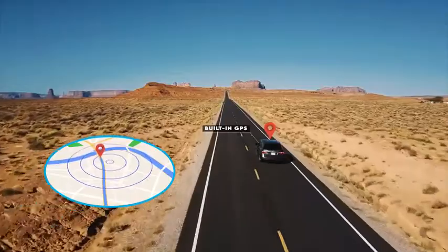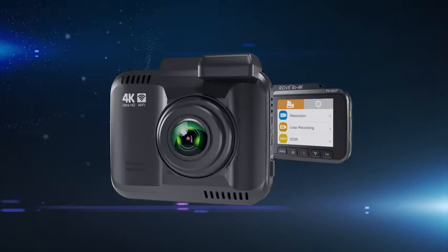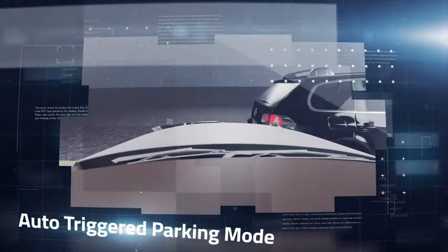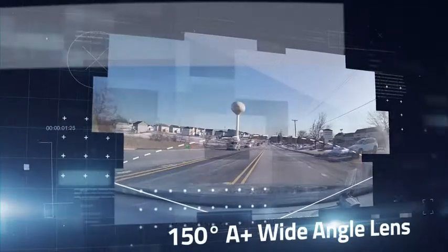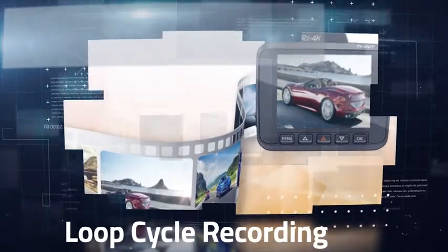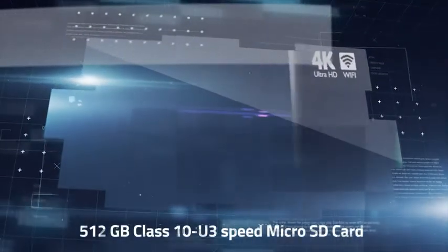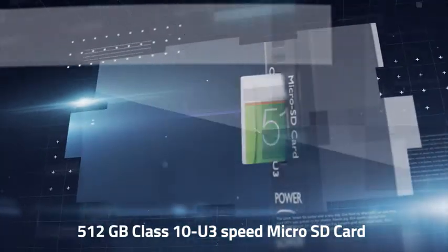driving locations and speed. Moreover, the revolutionary Rove R2-4k dashcam has state-of-the-art features such as f1.8 aperture, the largest in the industry. Auto-triggered parking mode makes the dashcam go into parking mode automatically when your car engine shuts off. 150-degree A+ wide-angle lens, G sensors, loop cycle recording, emergency video lock, time-lapse video, slow motion video, and it ensures an extended storage capacity by supporting up to a 512 GB Class 10 U3 speed microSD card, which is the highest in